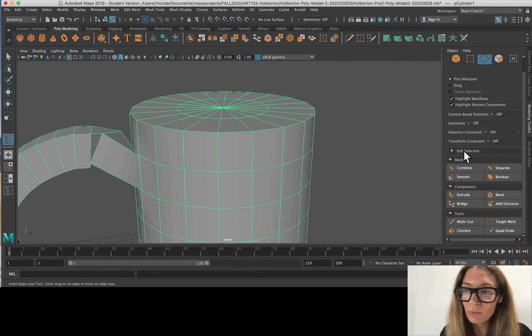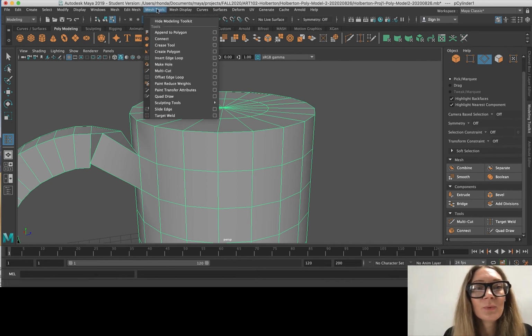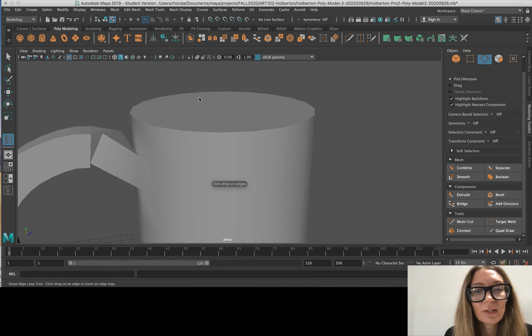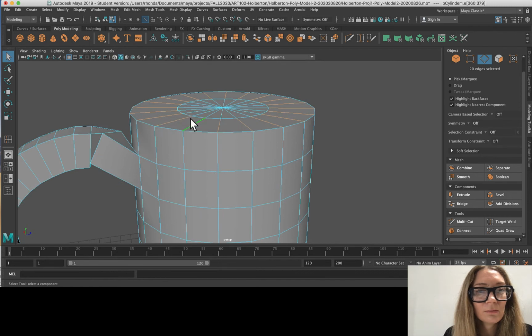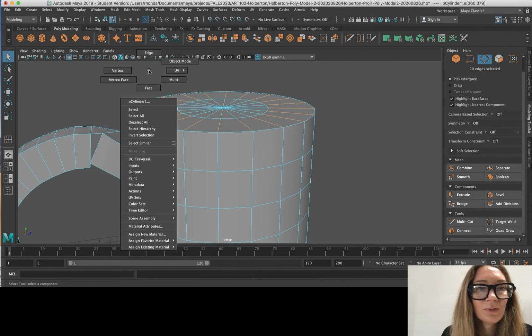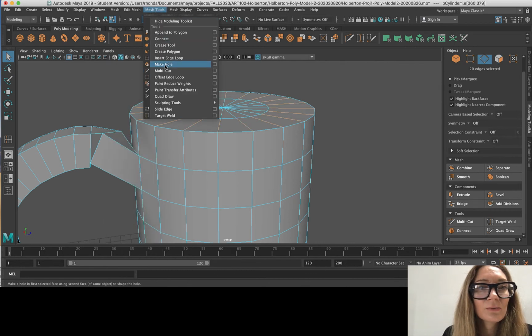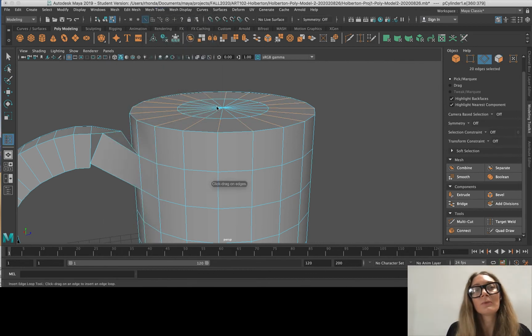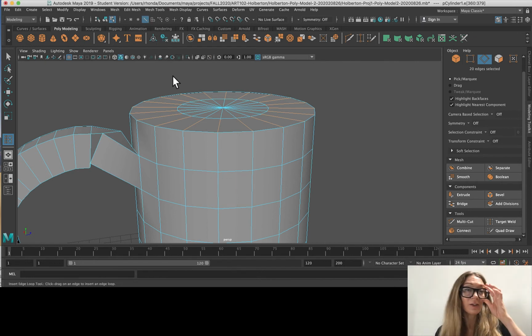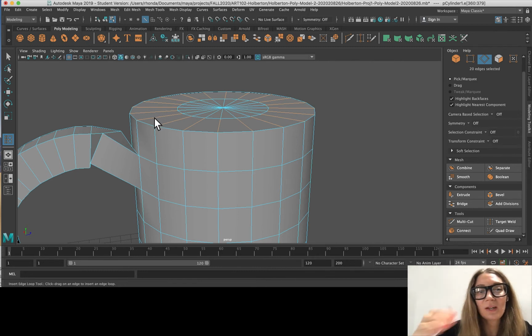The edge loop tool is under mesh tools and insert edge loop. Mesh tools, edge, insert edge loop. Okay, there we go. So once you have insert edge loop turned on, you can select an edge that you'd want to cut. So let's say I wanted to make another ring around the center. That means I want to cut this edge. So I'd left click on that edge,